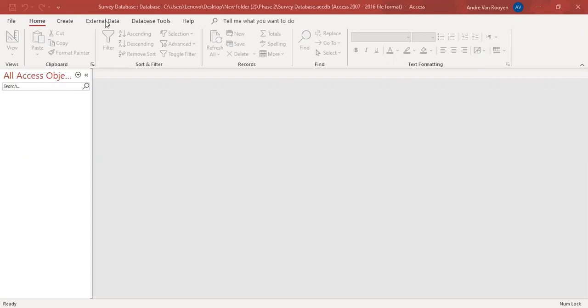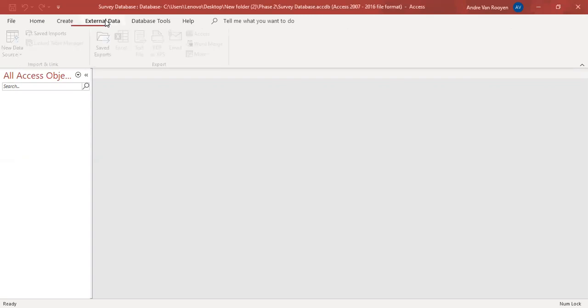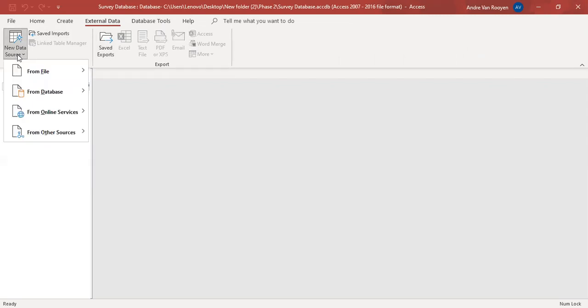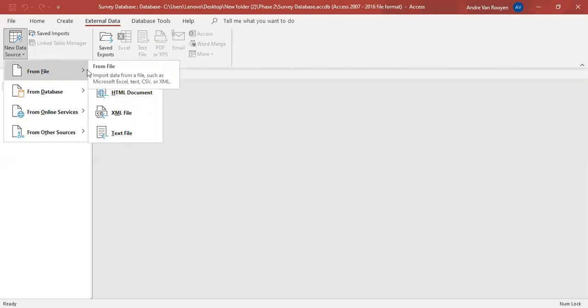So the first thing we are going to do is click on the External Data tab. Maybe yours looks a little bit different than mine does. You have an import and link group, and you have an export group. Depending on what version of Microsoft Office you have, you might have an icon here that says Excel, so you just click on the Excel icon. I'm going to click over here and say new data source from file, and here I am going to select